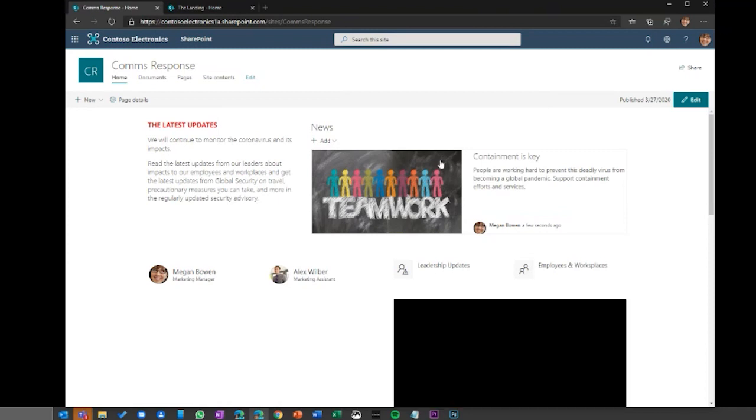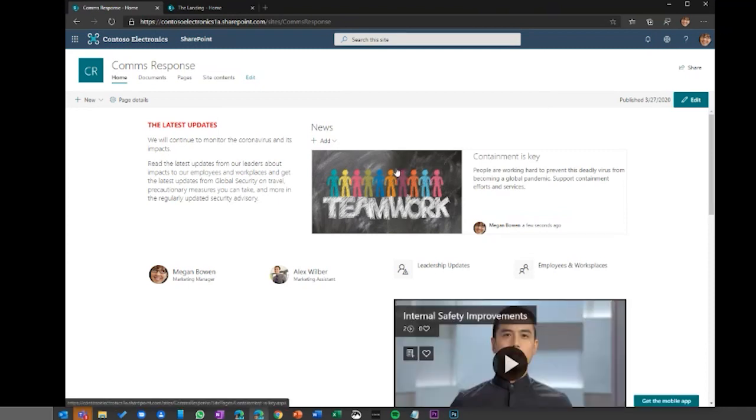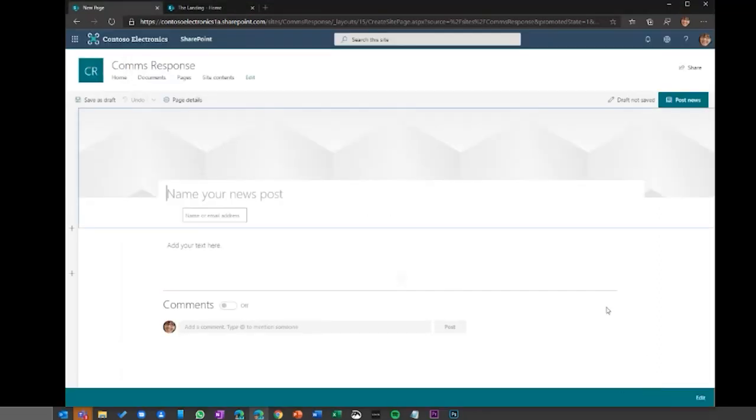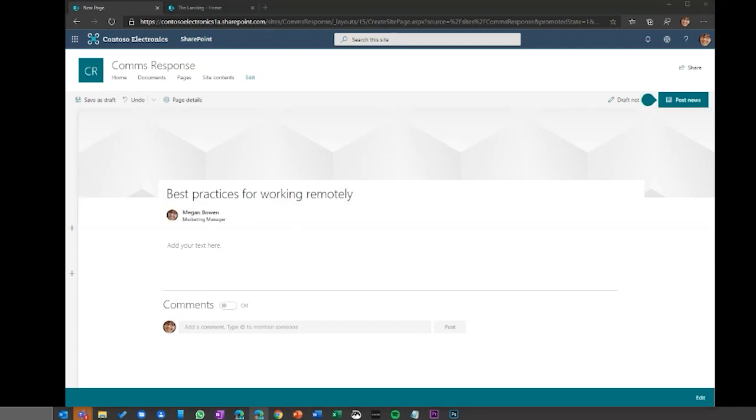And you can start to see where it starts to pull it in. And because I only have one news article, only one news item shows up. But again, let me do one more quickly so you can see what it looks like to pull in a couple of the different news articles. So I'm going to create another news post, and this one a little bit more focused around working